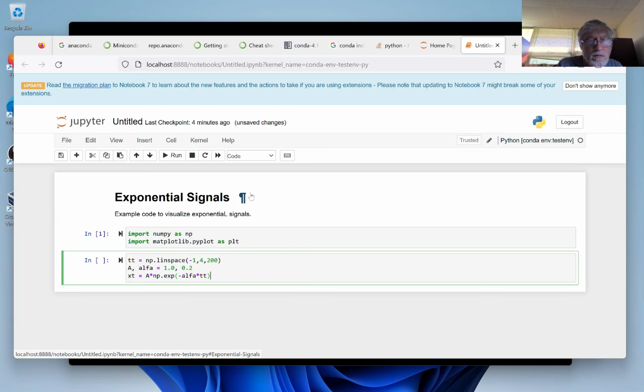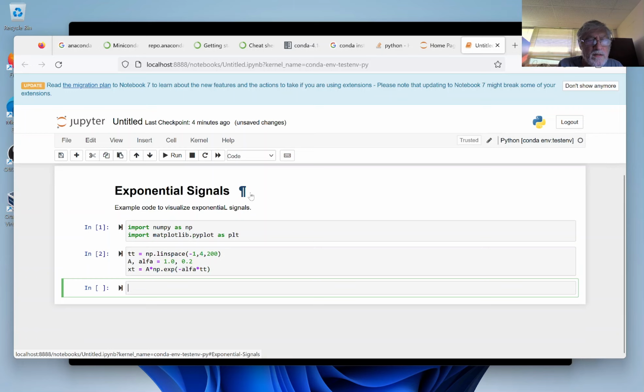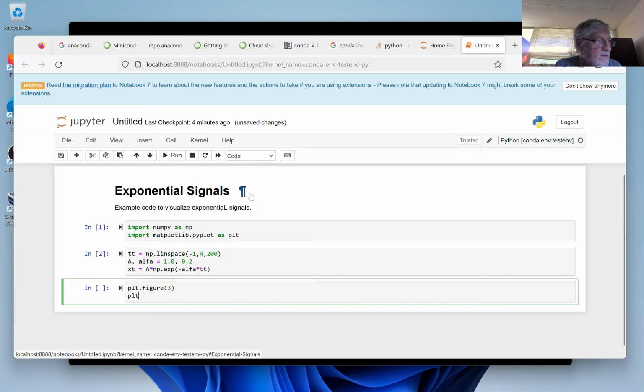That should do it. That should compute that xt. So let's enter that. It's again Shift Enter in order to run it, and then we want to plot it. So we do a plt.figure. Let's call it figure 3, and then plt.plot